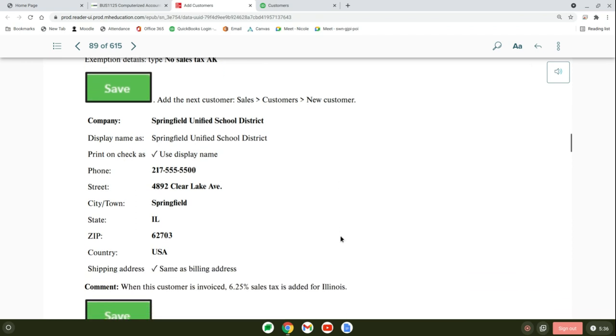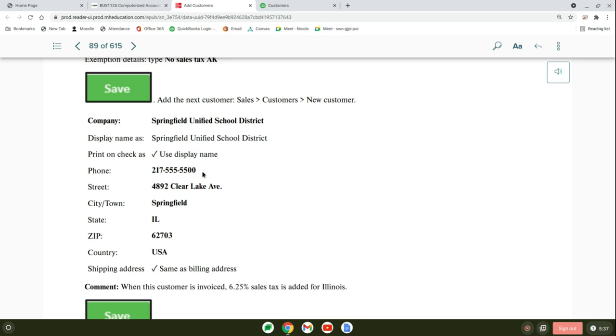The new customer is going to be Springfield Unified School District. So you'll type that in under company, it'll go under display name as, and then print check, and then you'll put this address in, 4892 Clear Lake Avenue, Springfield, Illinois, 62703, country, USA. Make sure you have that check mark next to same as billing address, then go back up to the phone number and put